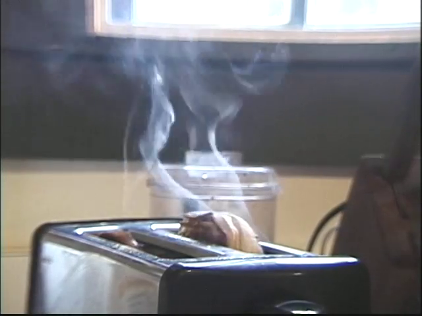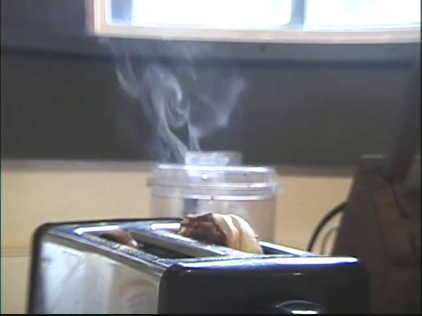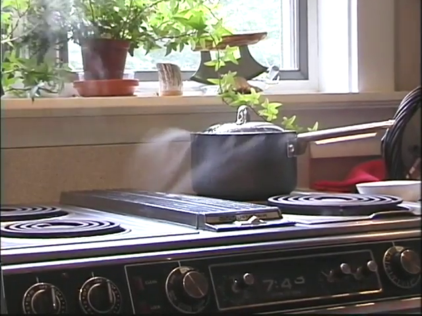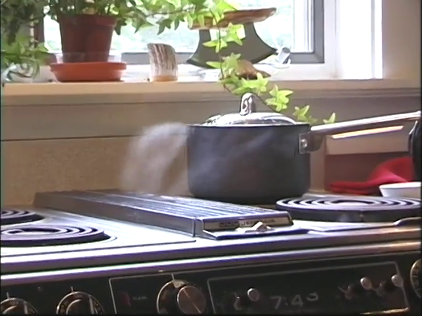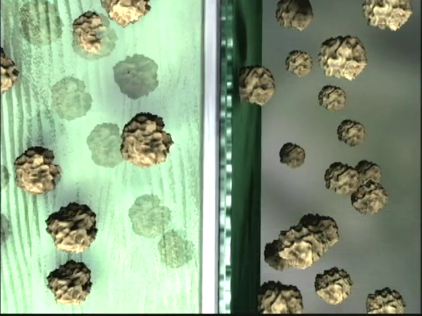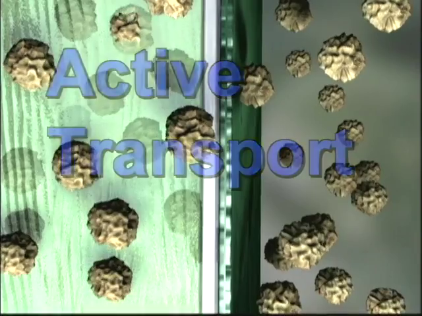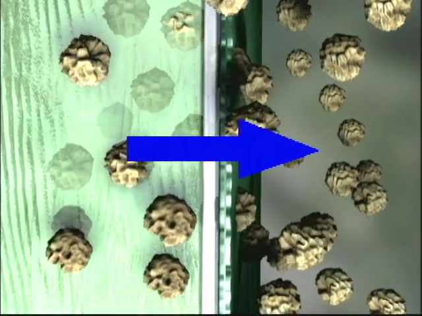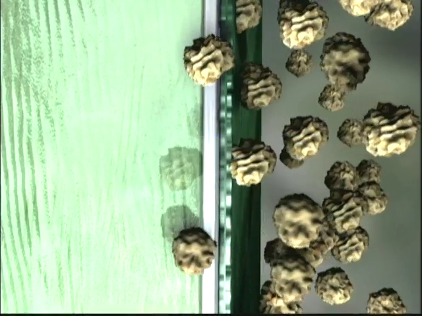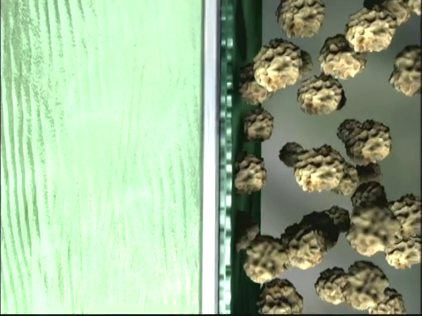What's the quickest way to remove the smoke from this burned toast out of the kitchen? That's right, turn on a fan to transport the smoke outside. Active transport occurs in much the same way. Unlike osmosis, sometimes materials move from an area of low concentration to an area of high concentration. This is called active transport. It's harder for materials to move from an area of low concentration to an area of high concentration because energy is required to make this happen.